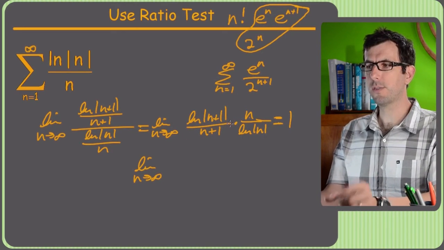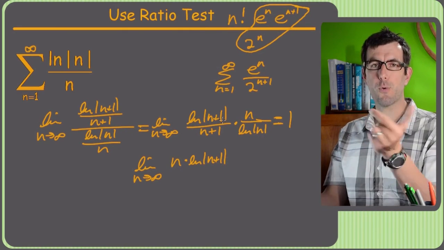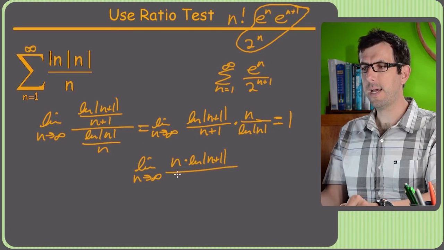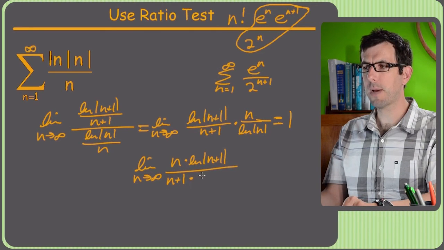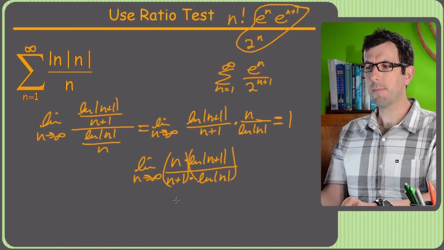But if you rearrange this, just switch the order of n, so I get n times ln n plus 1, that's just the same numerator I've got. I just switched the order of multiplication, and I did that so I could leave the bottom the same way it is. And now you'll see we really have two fractions multiplied together. The limit of this is obviously 1 because